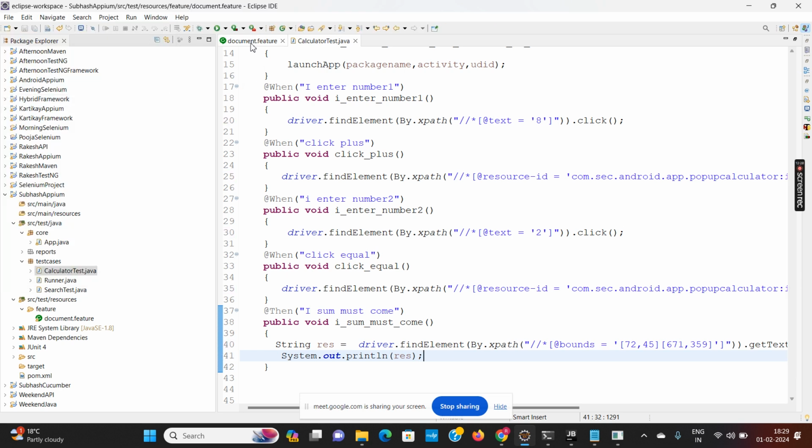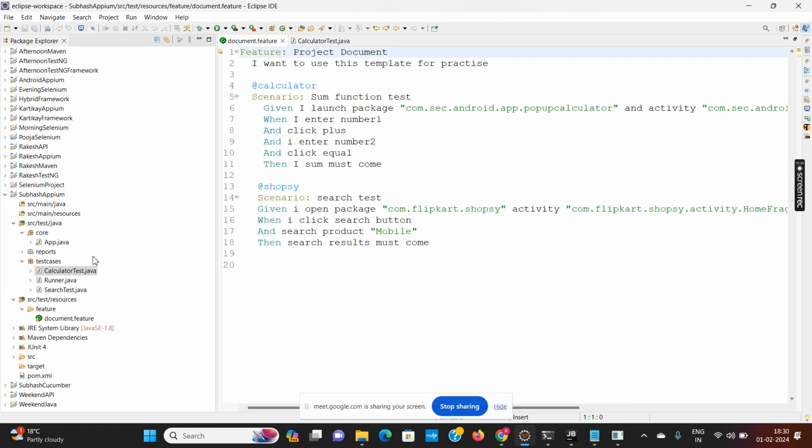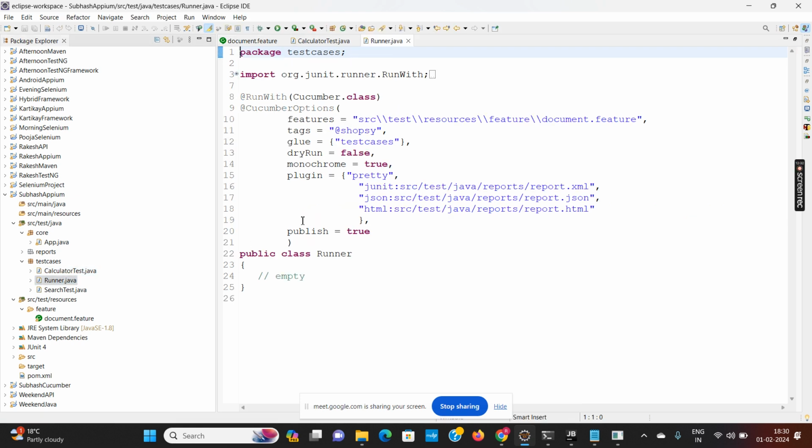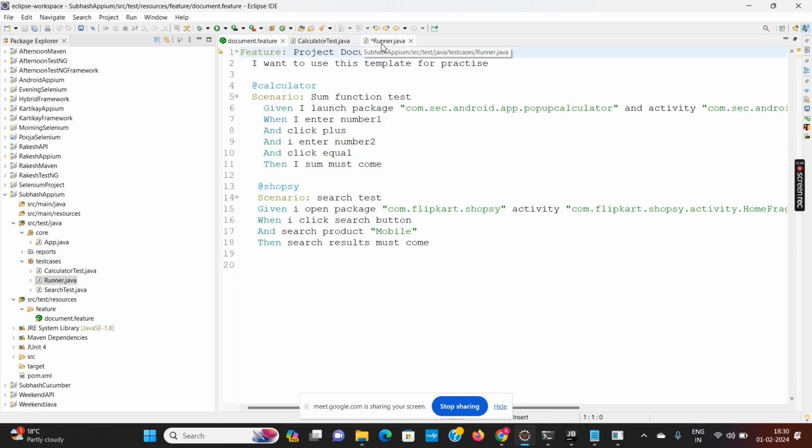So I want to run this at the rate calculator. So in my runner class, I will use at the rate calculator. So it will run the calculator test.